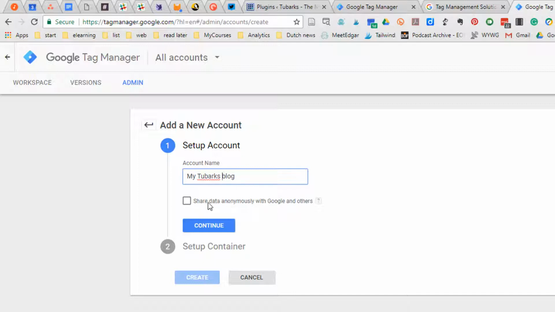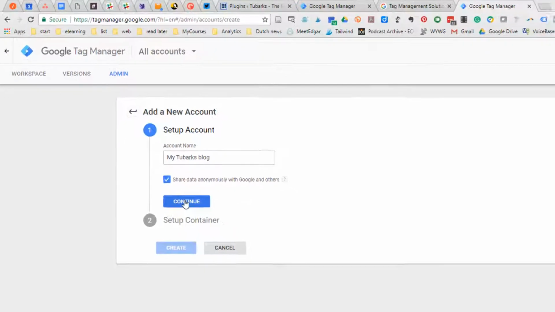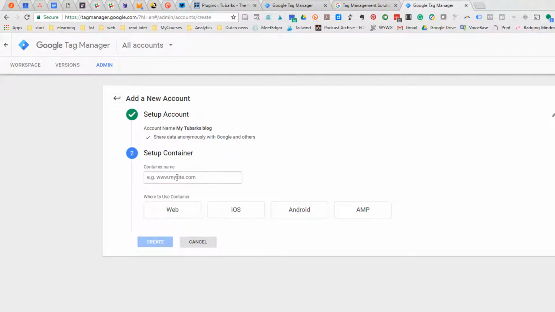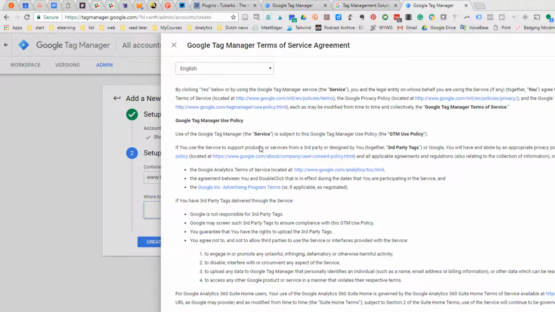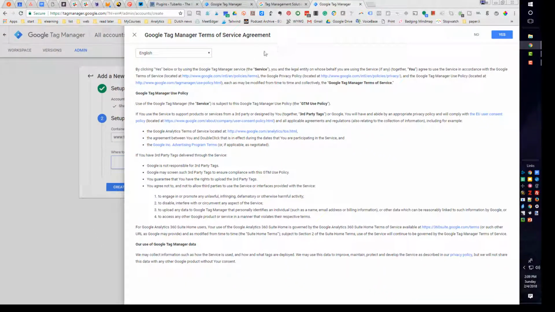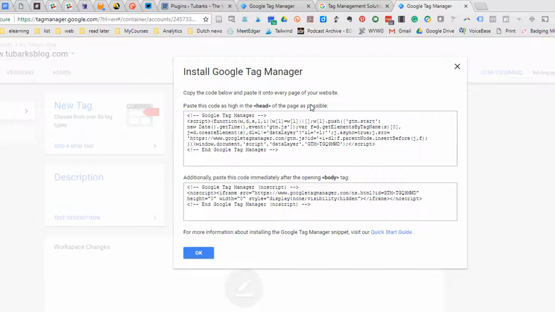I have an option to share data anonymously with Google and others. I will do that and select continue. It's going to ask me for my website. And in this case, it will be tubarksblog.com. And this is a web address or container that I'm going to set up. And I select create. There are terms of service. Once you have approved those, and I will select yes,